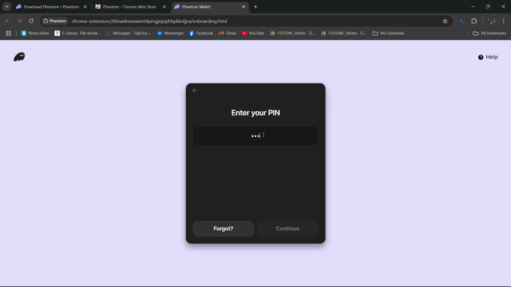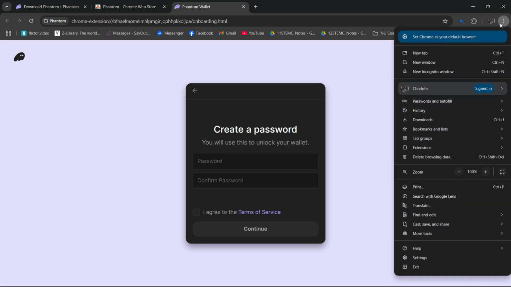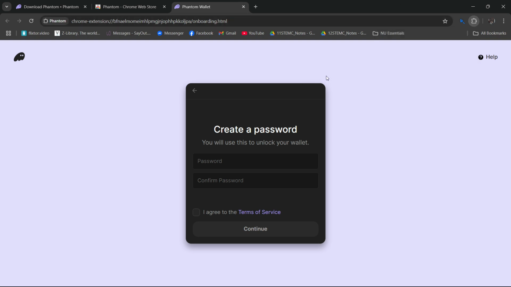Correct. After that, if you don't have a current account or wallet, you just need to create a password and account for you to be able to access your account.